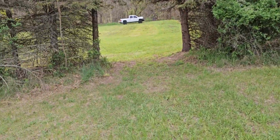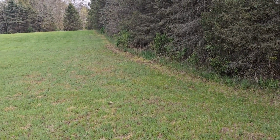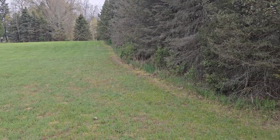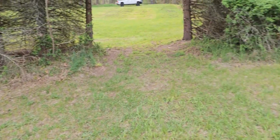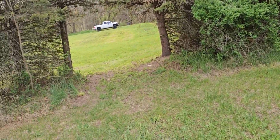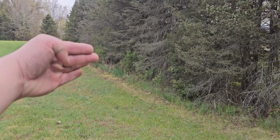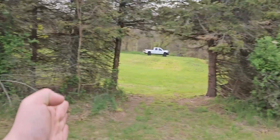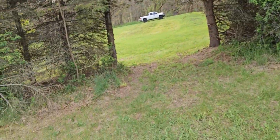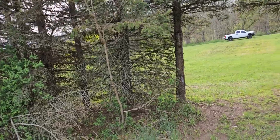Alright, so here's the gap we went through. So, right there's the property line. I mean, just look how much I lose. I really wish all these would come down. And I could do it. I don't want to do it. But